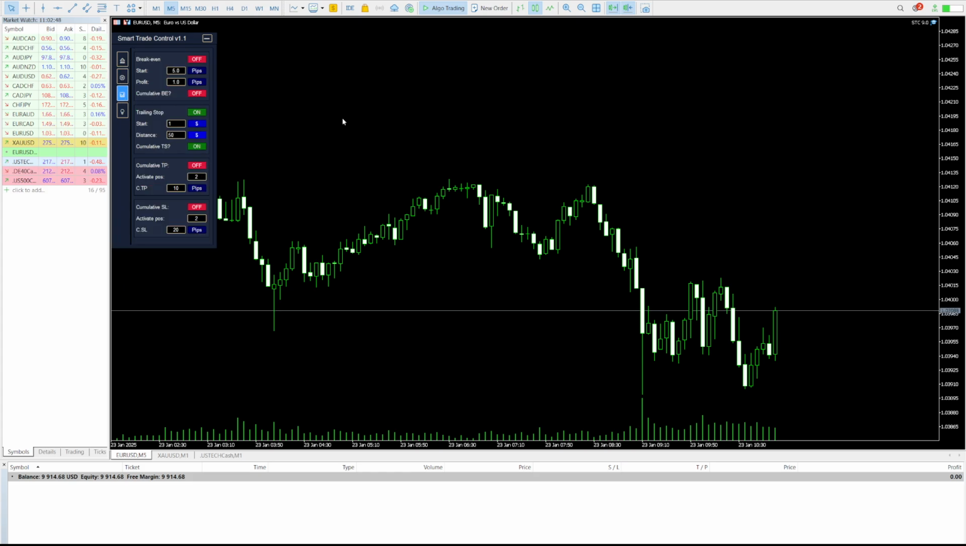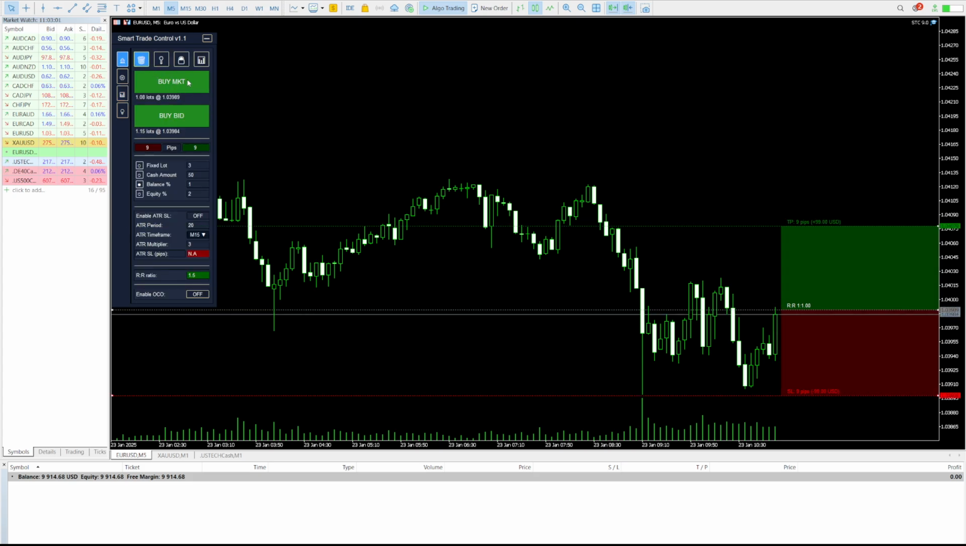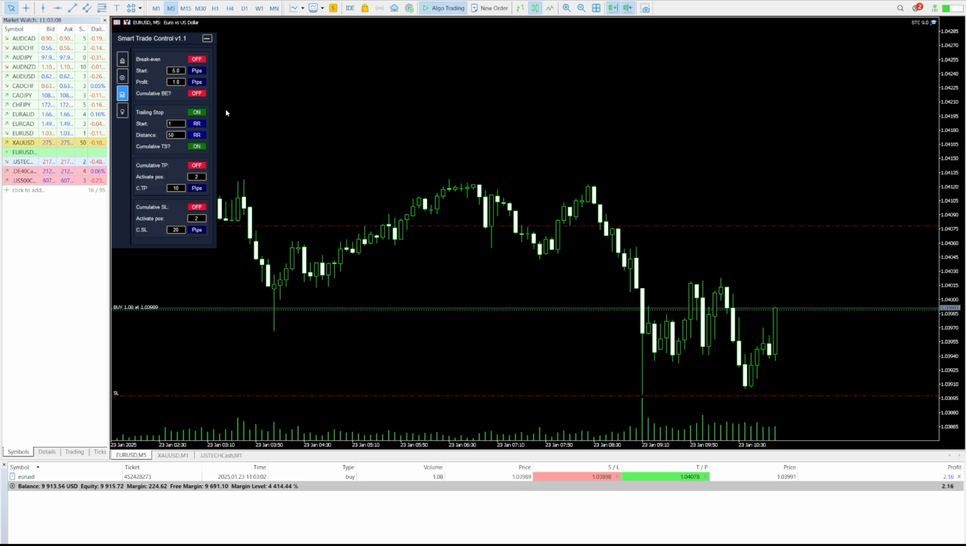Then we have, so here you can also set it to pips, RR, percentage of your balance, or money amount. So the RR is if you already have a stop loss on. You need a stop loss in order to use the RR method here. And if you don't have a current stop loss, it's just going to revert back to 10 pips as a default, because basically what it means, if we said we want to start at